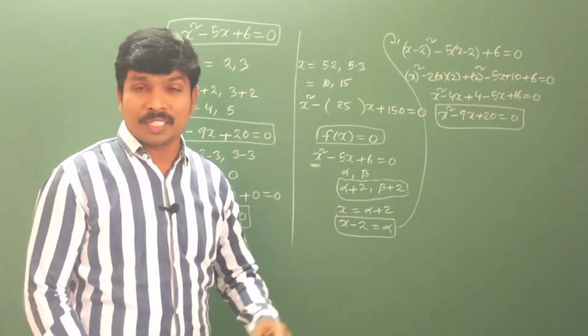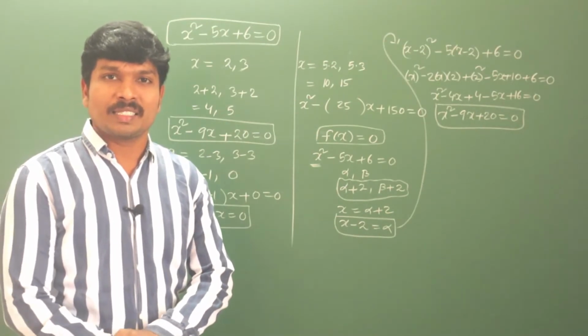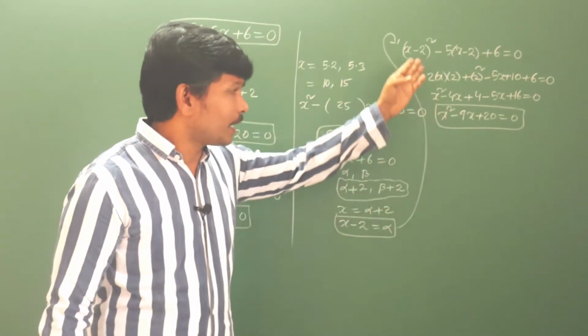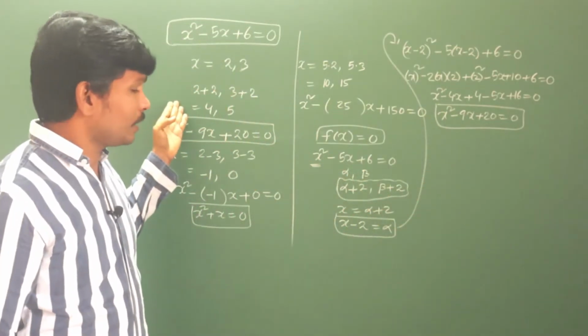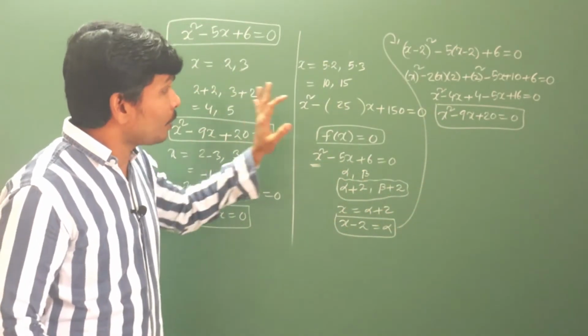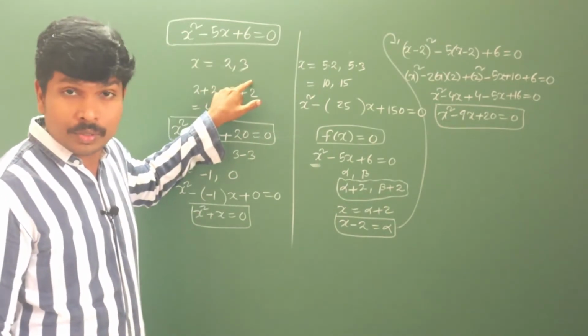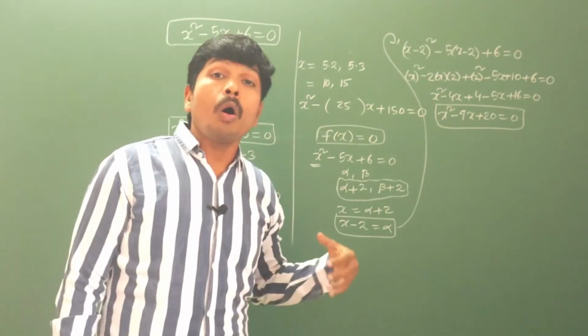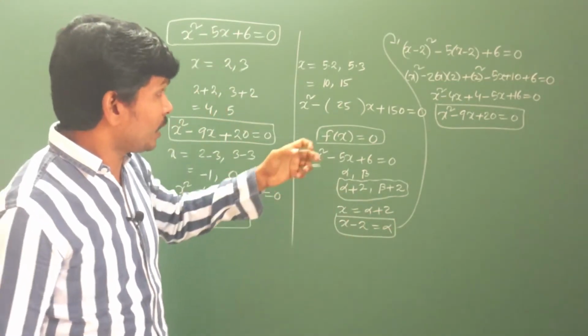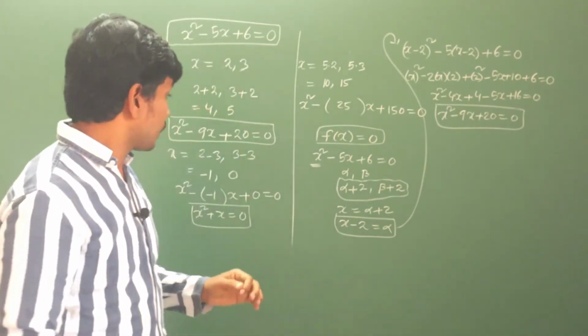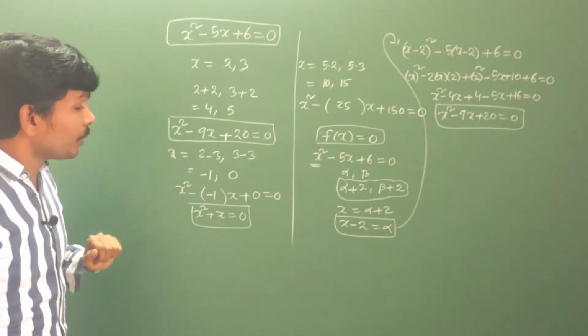This is one more procedure. An excellent procedure it is. You may have a doubt: sir, this method itself is difficult, it is only more difficult than the earlier method. Yes, for this problem it is more difficult, because here you got simple roots. If you are getting complex or difficult roots, then this method is the very best method. Okay, fantastic. Second problem, how can we do it?